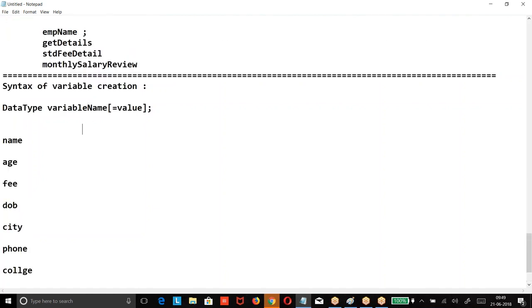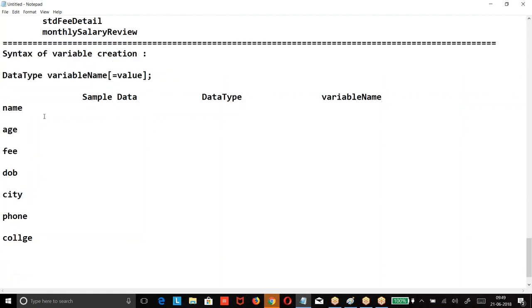Now tell me, when you want to collect the data, what is the data type of this?